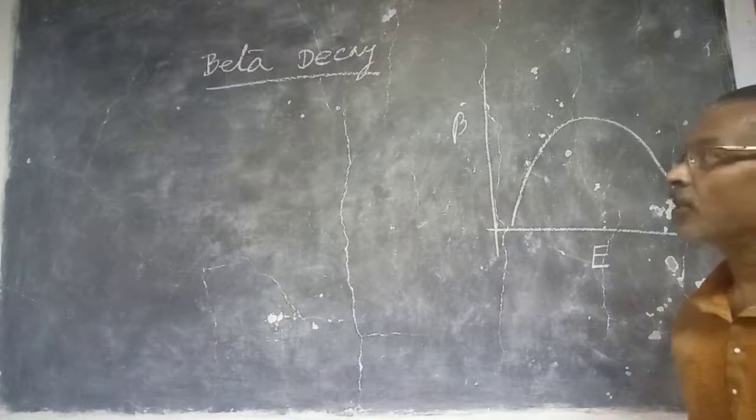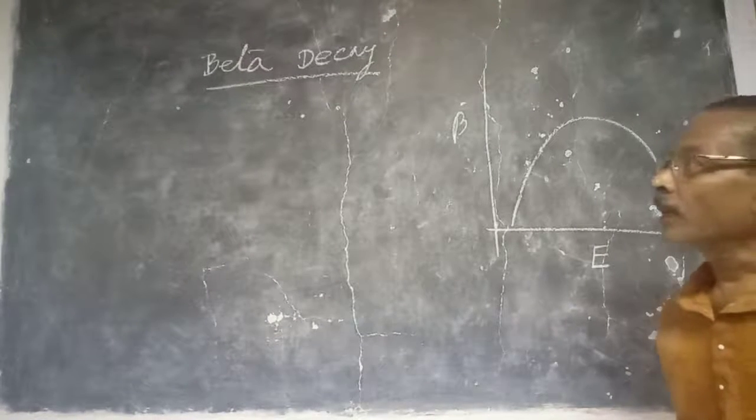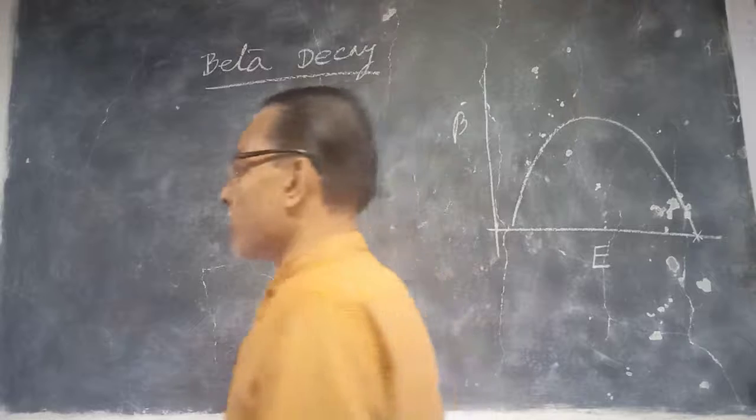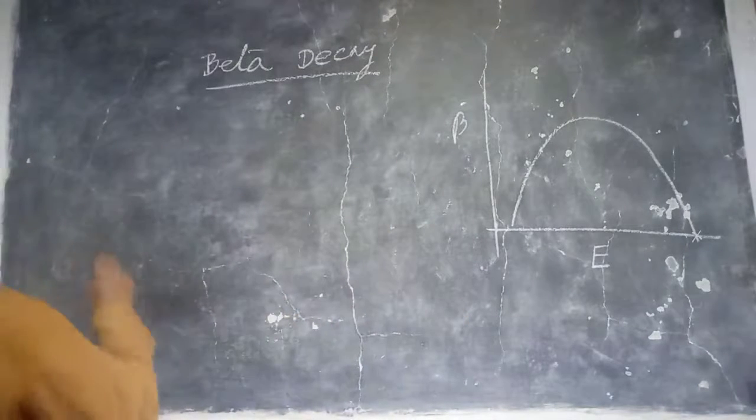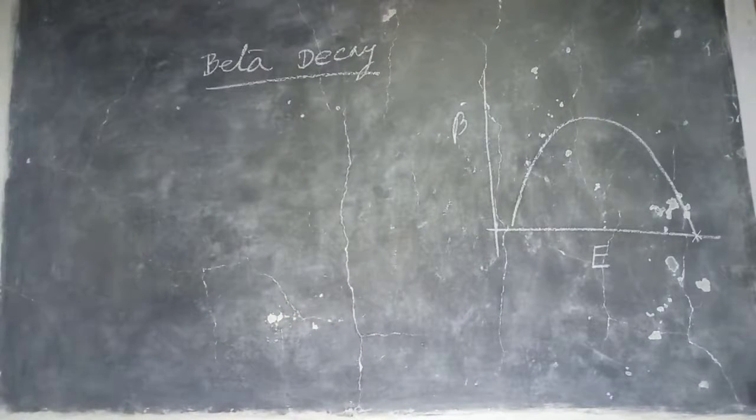Now, when we discussed the semi-empirical binding energy formula regarding the stability of different kinds of nuclei, we observed that if the mass of the parent nucleus is greater than the mass of the daughter nucleus,